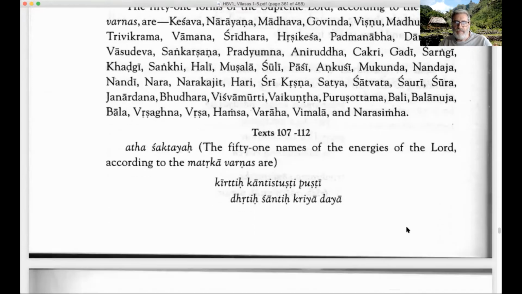Narasimha, of course, being associated with the last letter of these matrikas, the Ksha, which means destruction or hurt, killing.